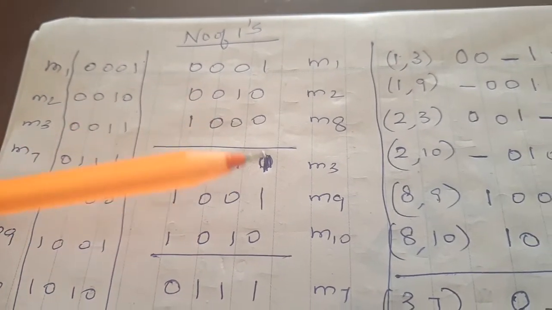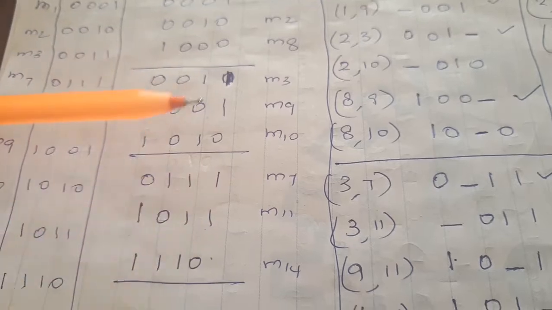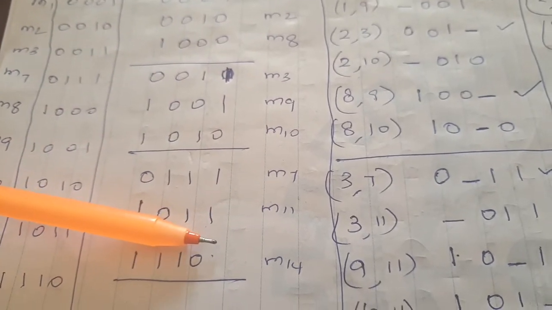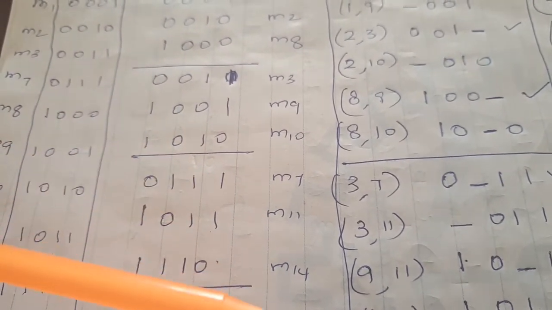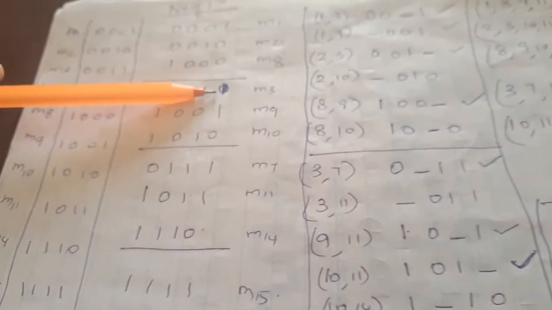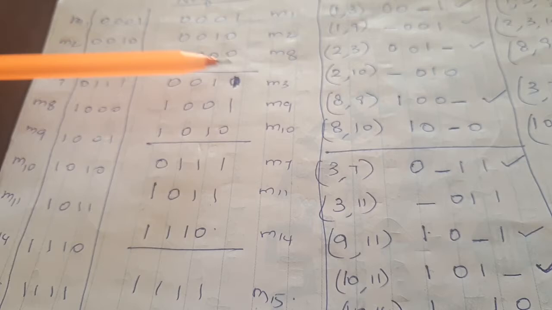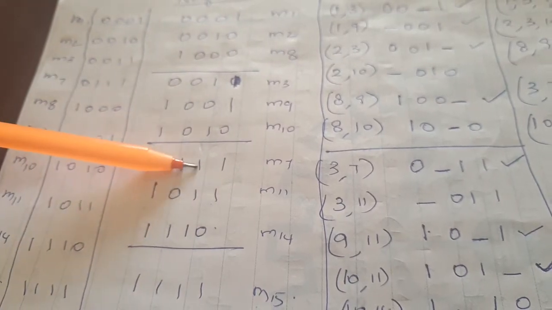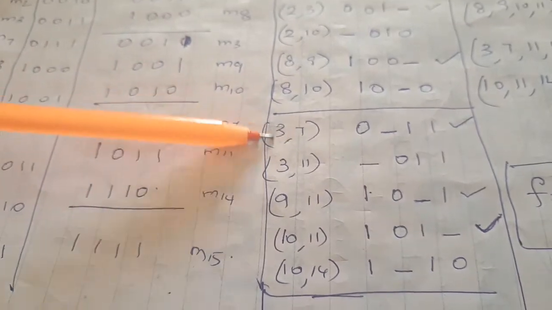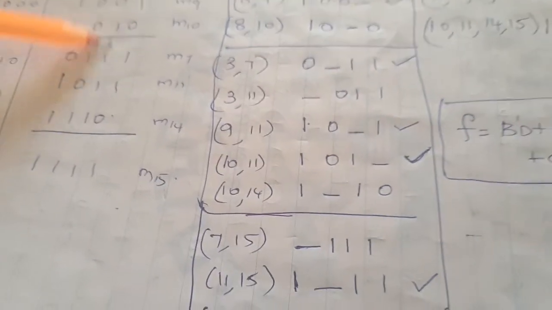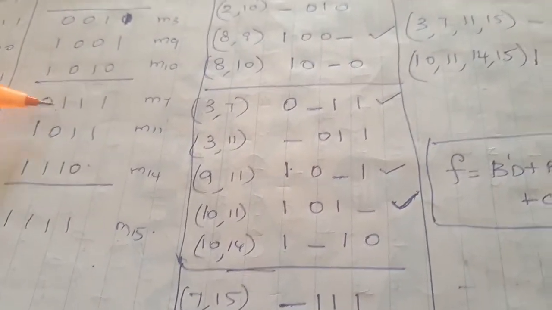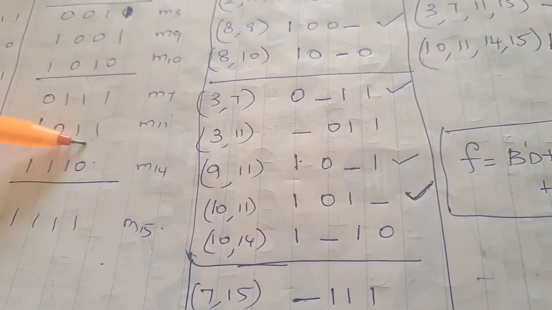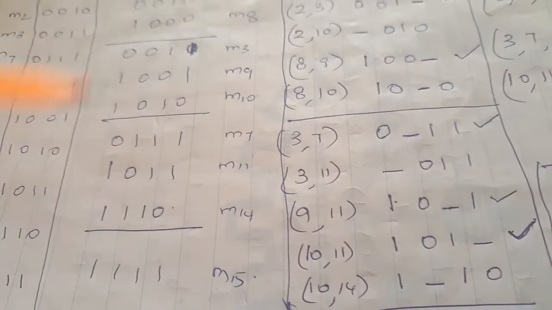Now you move on to the next two subsets. Next two adjacent subsets are going to be repeated the same procedure, and we are going to find out the dash elements. So now here you take again 1, 1. M3 is 1, 1. So M3, 1, 1 is M7 you can compare, M11 you can compare. Therefore 3, 7, 3, 11. Which all position is changing? Third bit is changing. In 3, 11, first bit is changing.